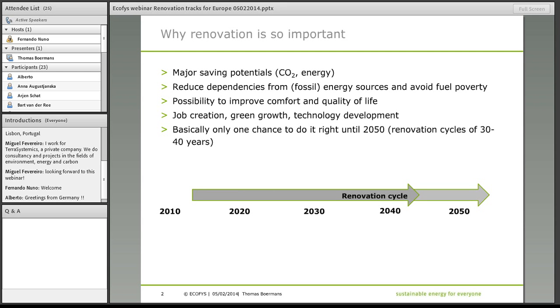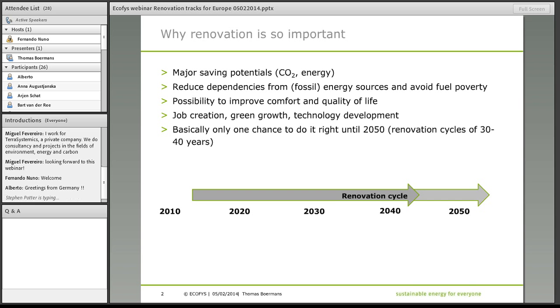And basically, when it then comes to the question, why is it so important now to do the right decisions, the right step, this is mainly connected to the fact that basically there's only one chance really to do it right until 2050, because the building sector really has long renovation cycles, of 30 to 40 years, and renovation cycles meaning here the time between, let's say, two large actions that are done on the building, like renewing the facade or renewing the roof. These are really actions that are not happening like every 4 or 5 years, but really